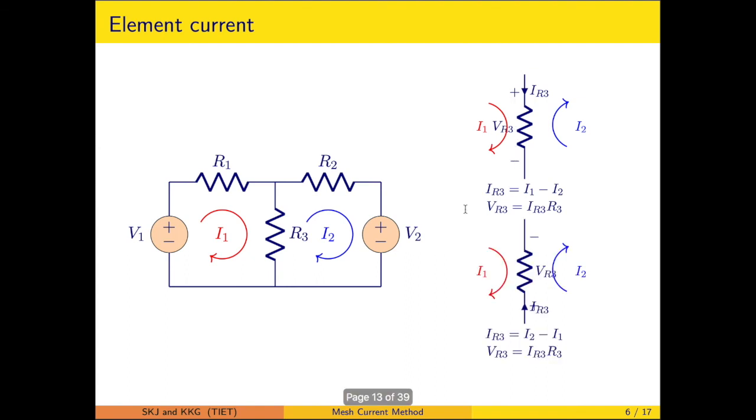However, suppose we are oriented likewise in the direction of I2. The net current through this element will be I2 minus I1, and consequently the bottom terminal will be positive and the upper terminal negative. So there is no difficulty as such. We can orient as per the direction of the mass and find out the voltages or the currents through